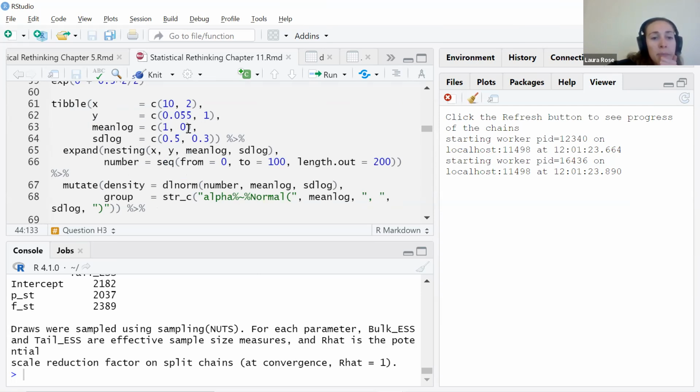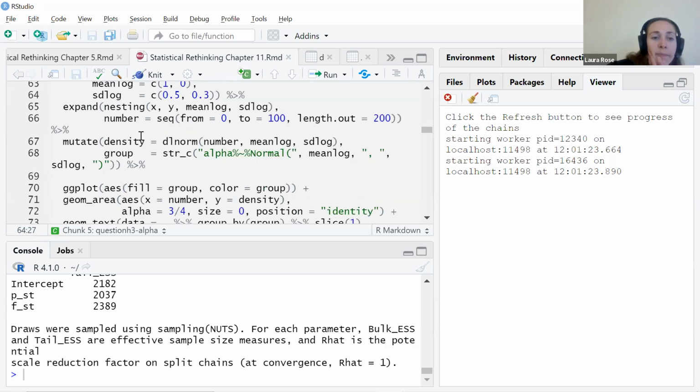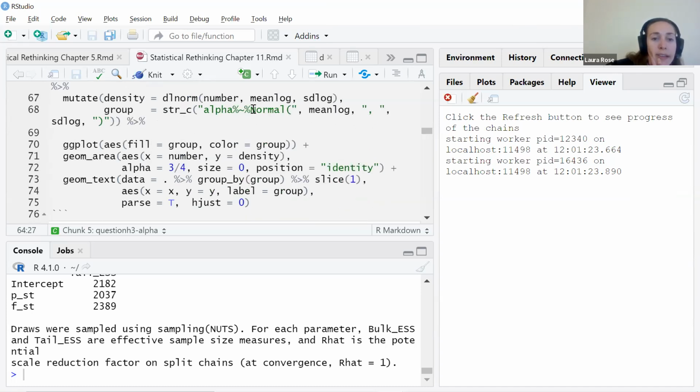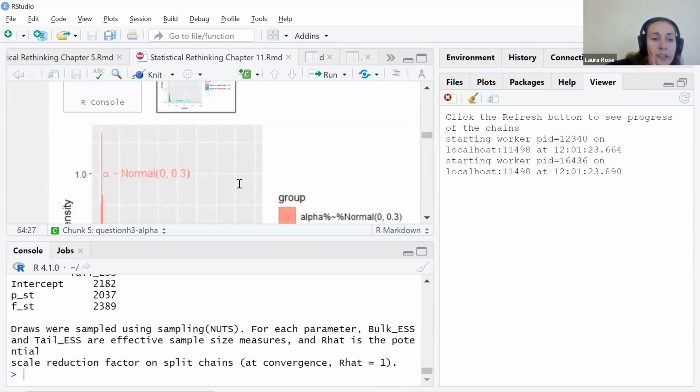This is a vector of means and a vector of standard deviations. I should change it, it doesn't need to be log. Well, I guess it does, because it is technically log normal. So basically I'm trying out one, this is for the intercept, 0.5 and then 0 and 0.3. Doing some nesting here, then expanding this out. I changed a few things here. What you see essentially is,